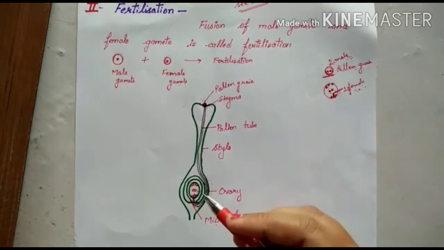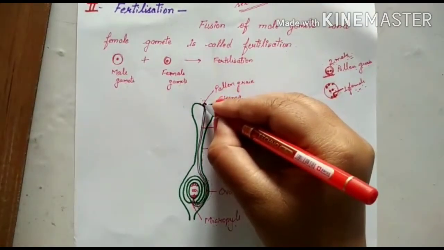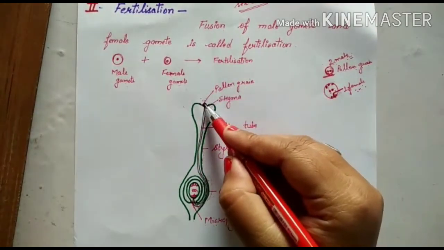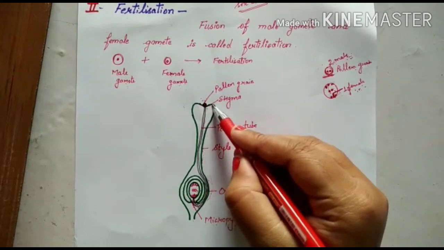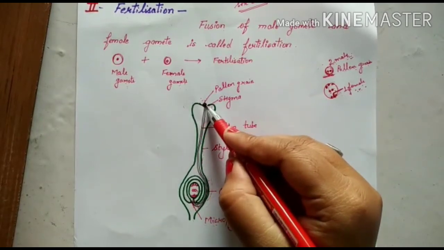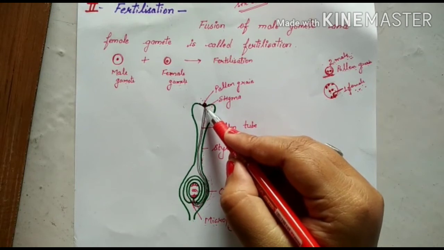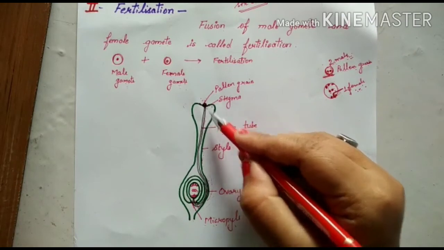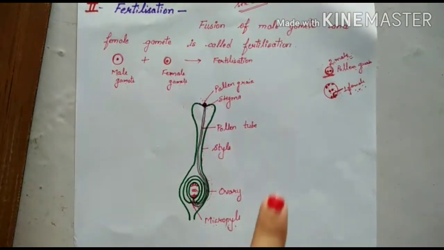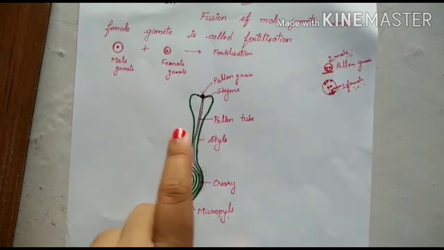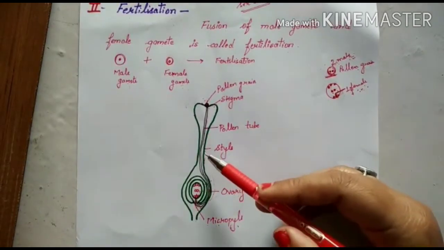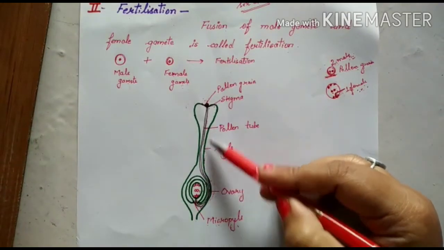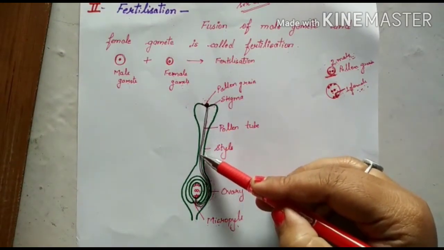So after pollination, when the pollen grain reaches the stigma of the flower, a tube grows from the pollen grain. This tube that grows from the pollen grain is called the pollen tube. This tube travels through the style. You can see this tube travels through the style, and it contains the 2 male gametes,